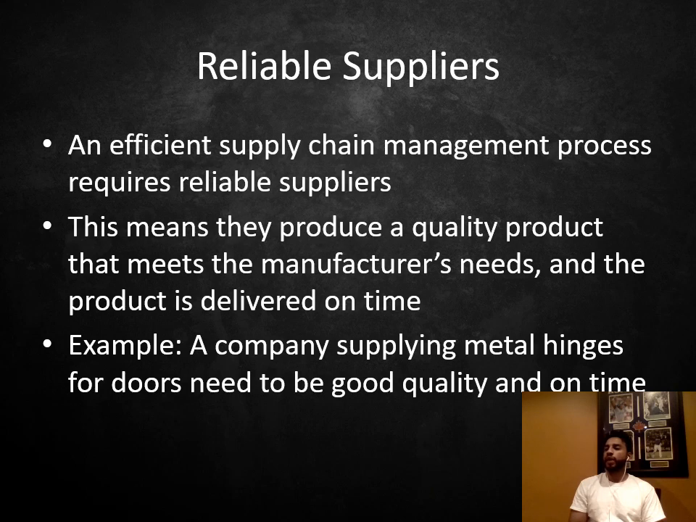Example, a company supplying metal hinges for doors. If you see a regular door, they have metal hinges on the sides of the doors. So a company that's manufacturing those doors will probably buy those metal hinges from a different supplier. Those metal hinges need to be good quality and they need to come on time whenever the door manufacturer needs it. And the quality is such that people can't be returning it back to Home Depot saying the hinges